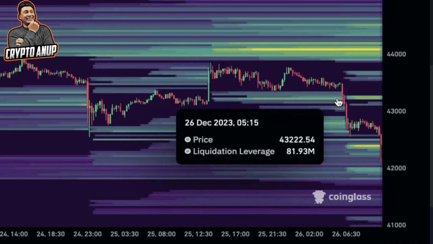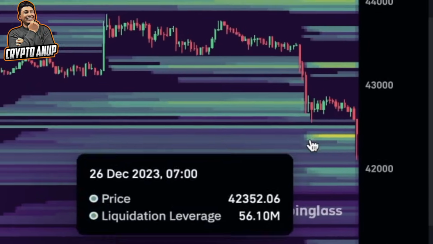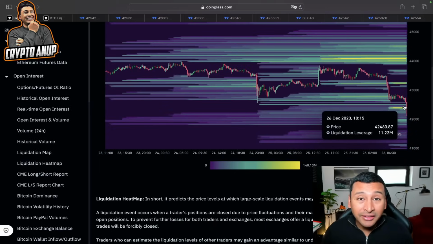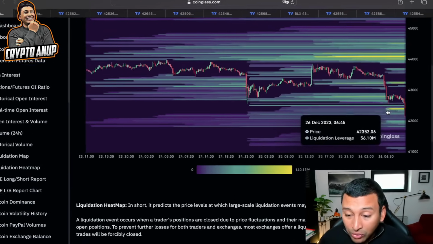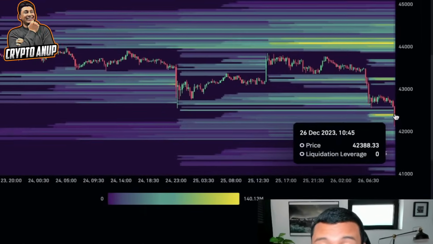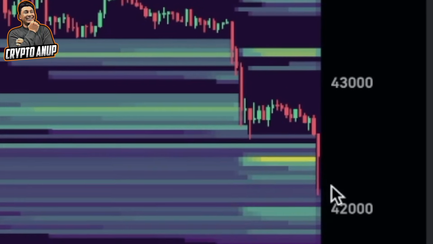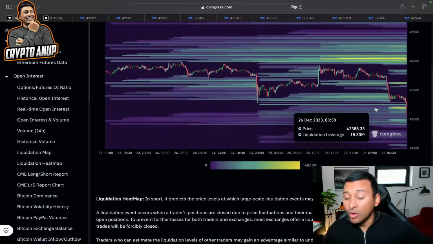So in our case, the price of Bitcoin started showing weakness because we had a high amount of liquidity lying around the 42,000 range. This liquidation level tends to act as a magnet and also as a line of resistance and support, depending on the duration of the trend. Since we were clearly showing some weakness, price took out all the liquidities and then had this huge weak rejection to the downside. That means it acted as a support. So we still have a few more liquidities around 41,000.